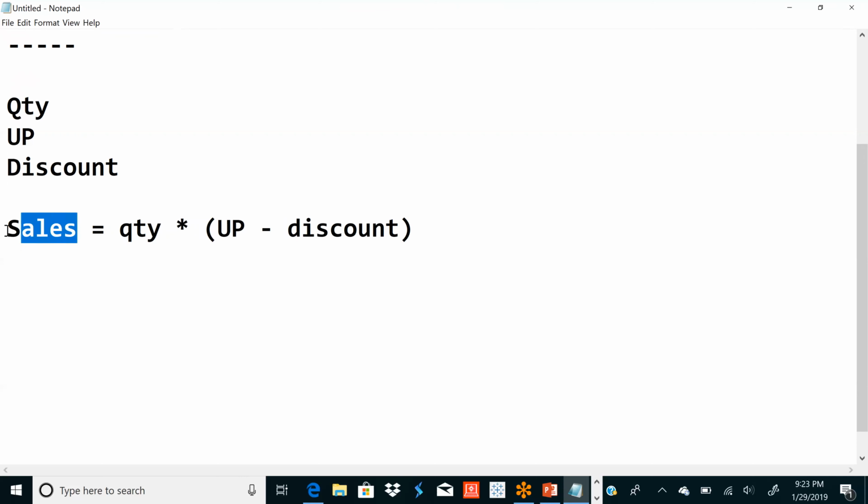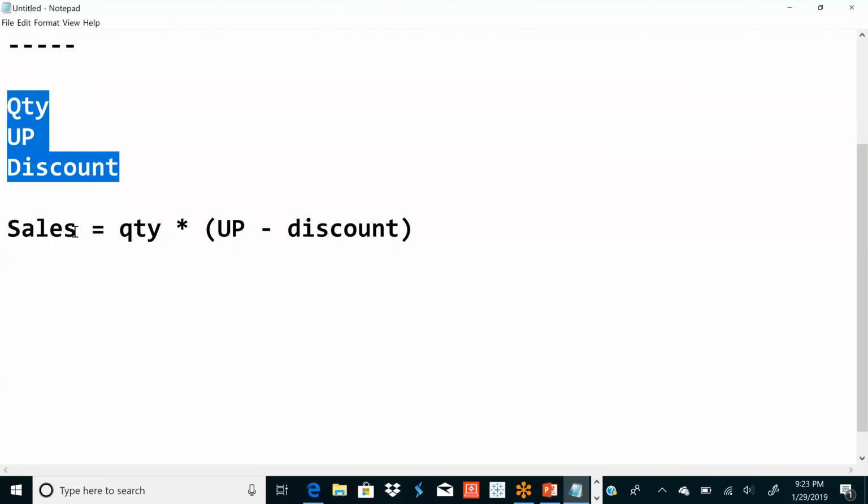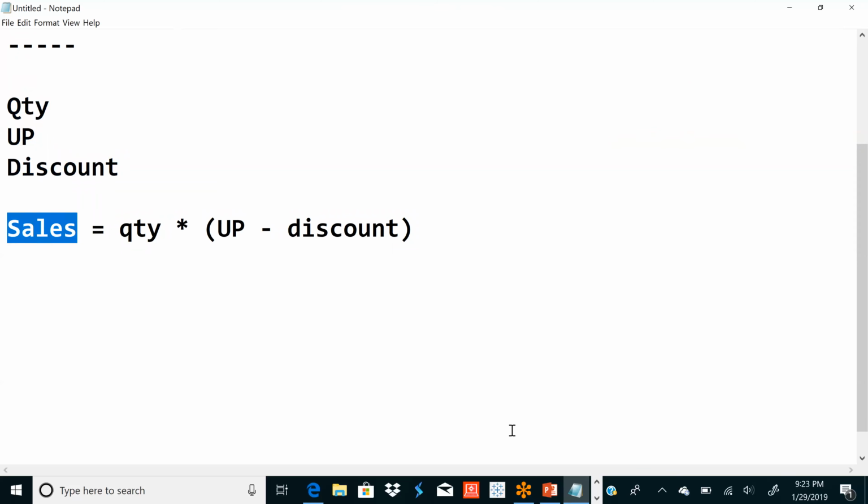So in order to have the sales, assume you have only these 3 columns at your OLTP systems. So you derive a new column at your data warehouse in order to analyze the sales information,